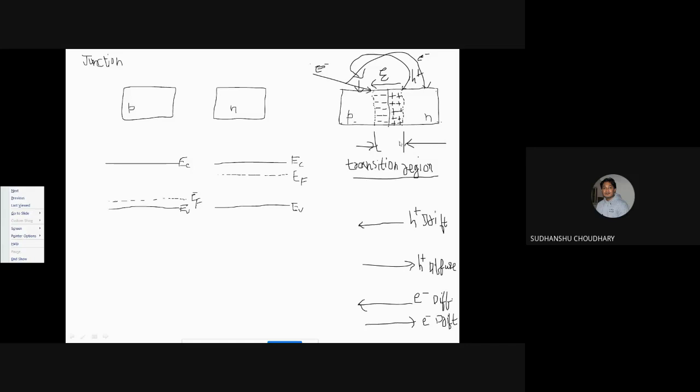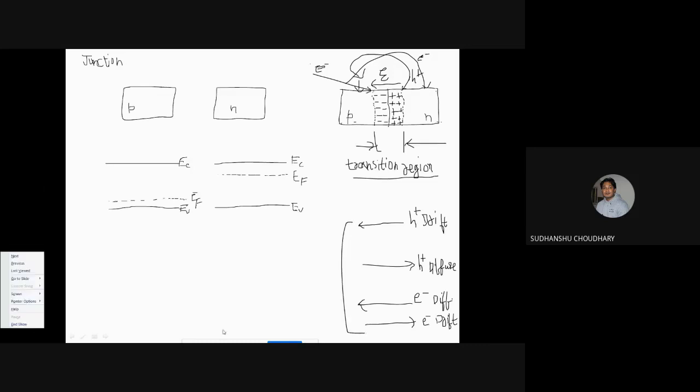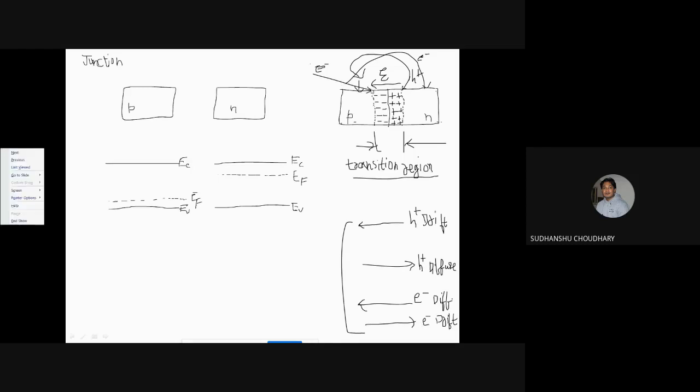So we understood that the hole drift will be from N to P and the electron drift will be from P to N. Now on the basis of this, one can find out the total current due to holes and the total current due to electrons. In equilibrium, we had said some time back that there is no net carrier movement, and so the current is also zero. Here the job of this electric field is to counterbalance the diffusion which was happening from P to N and N to P.